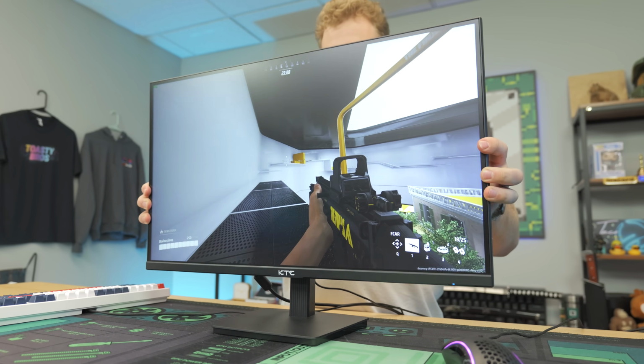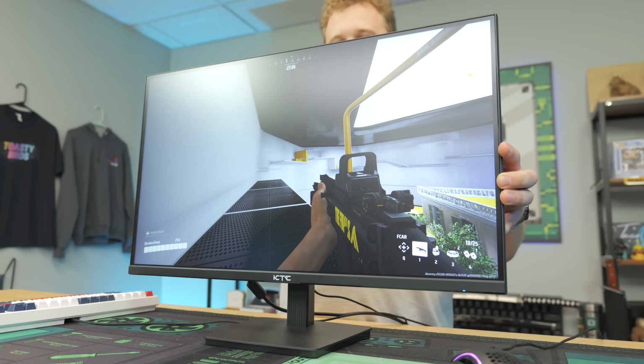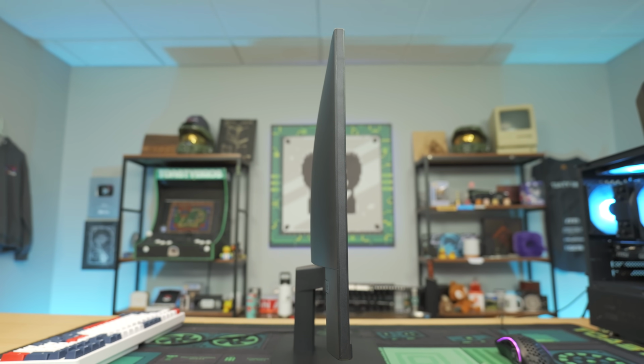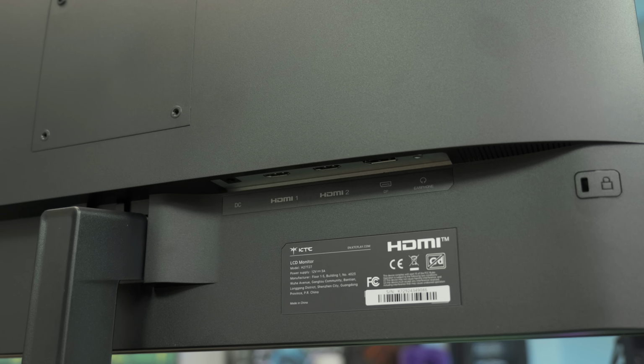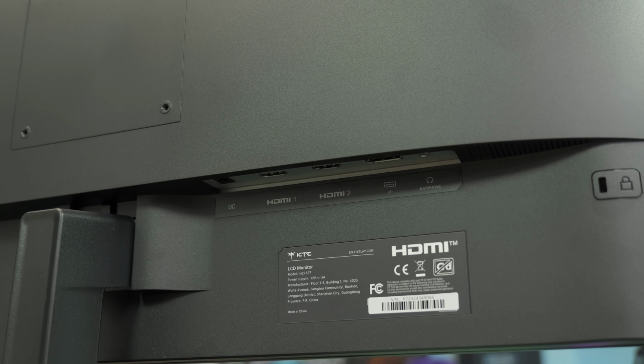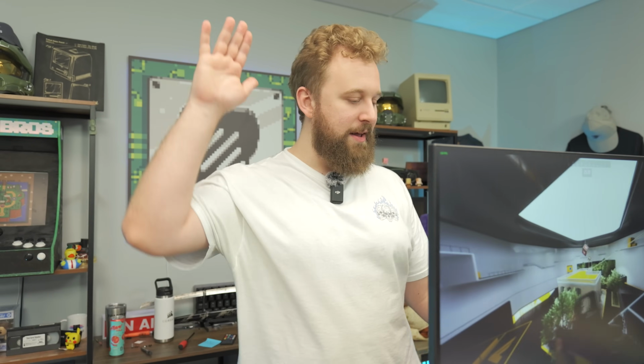Look at the basically zero bezel design too. And the fact that you can get these pretty budget, if you're wanting like an all matching 1440p 100 hertz setup, you get them for 84 bucks with a discount code. You can do like a triple monitor setup for less than some of these higher end monitors. So building out a budget setup for 1440p, this was a good option. It is the first one, so it's gonna go first right now, but let's go ahead and switch up to the next